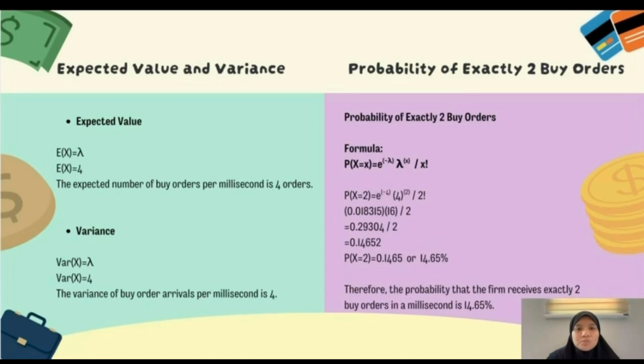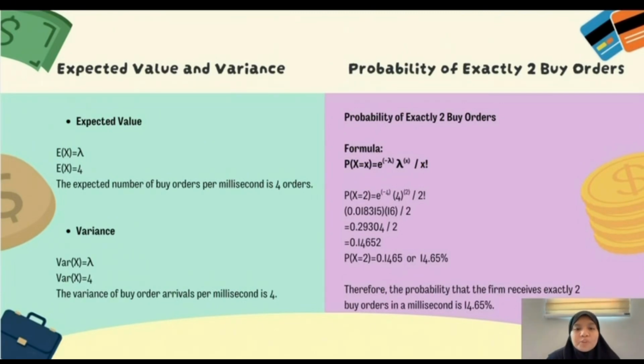P of X equals 2 is equal to e to the power of negative 4 multiplied by 4 squared divided by 2 factorial. The value of e to the power of negative 4 is approximately 0.018315. Then 4 squared is 16 and 2 factorial is 2. So the calculation becomes 0.018315 multiplied by 16 divided by 2. This gives us 0.1465. Therefore, the probability that the firm receives exactly 2 buy orders in 1 millisecond is 0.1465